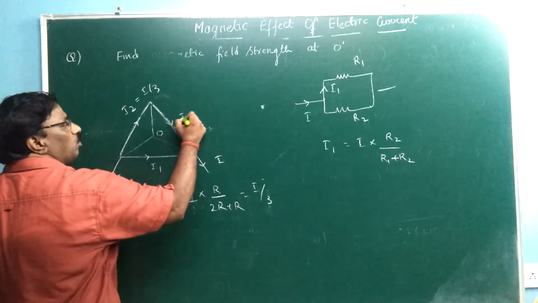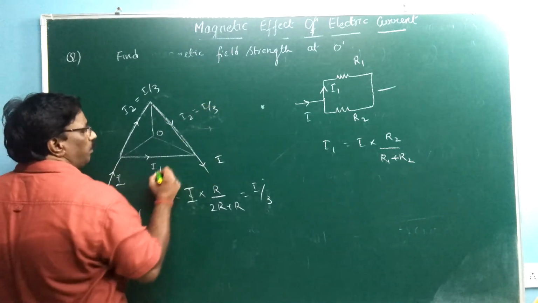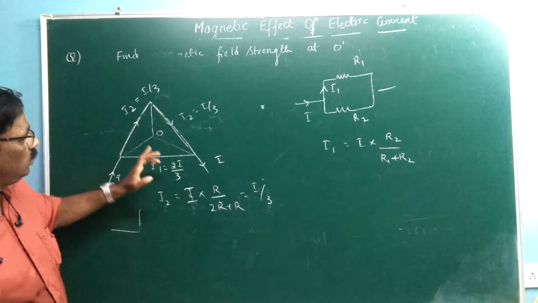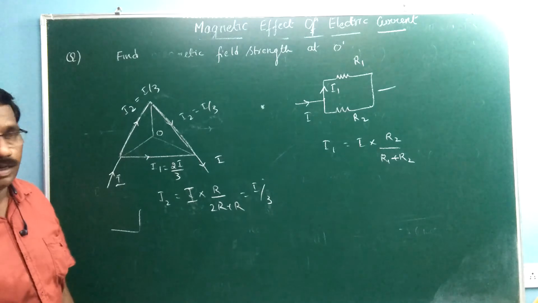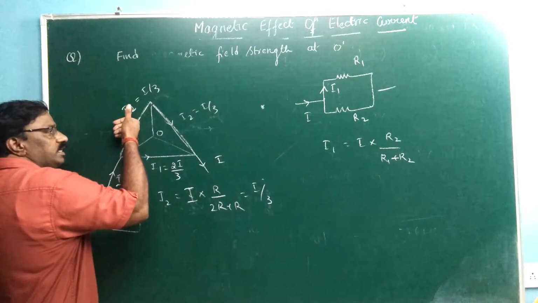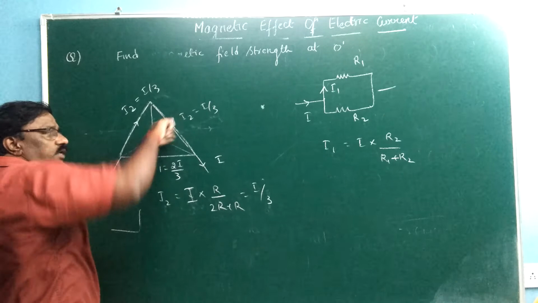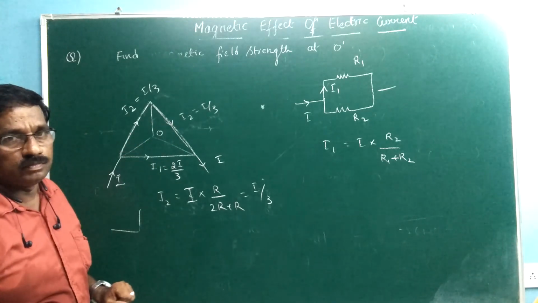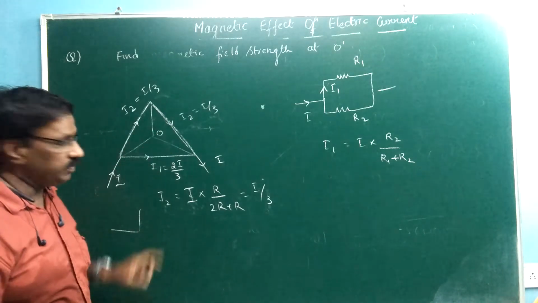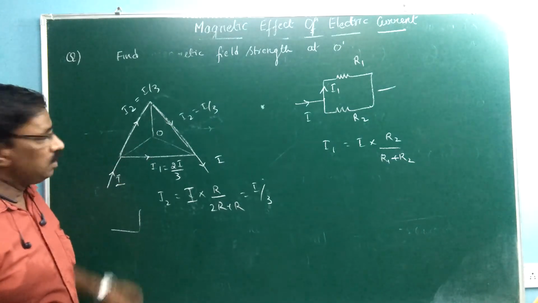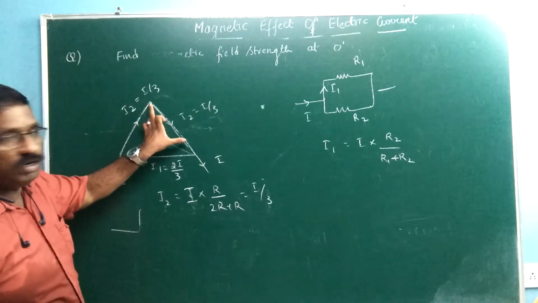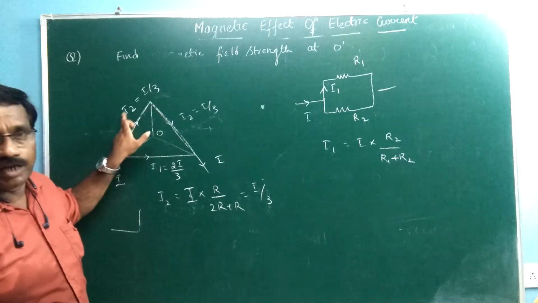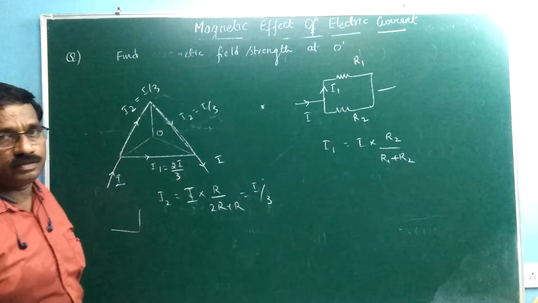The same current will go through this also, I by 3, but here it becomes 2I by 3. So here current is 2I by 3, here I by 3, here I by 3. Whatever magnetic field is produced here, here it is into, this one also it is into, but this one it is out. So these two get added and those two represent into, this one represents out. Whatever you get here, the same thing you will get here, and if you add them, whatever answer you get here, the same you will get here also.